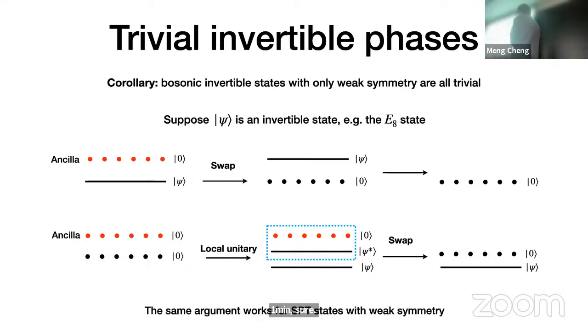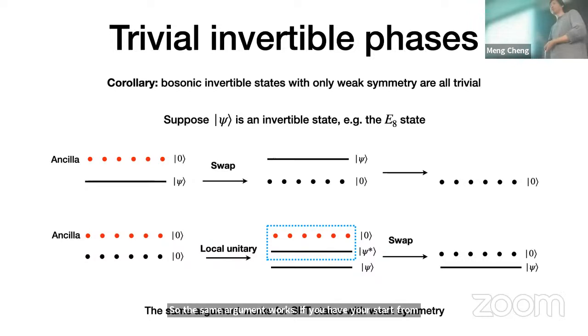So the same argument works if you start from some pure state with weak symmetry, because for a ground state we don't really need to distinguish weak and strong. But once it's made into a weak symmetry, then you can swap it into the environment. You always swap into the environment or create it from the environment this way. So the same argument works for any SPT with weak symmetry, any invertible state with a weak symmetry. So if you only have weak symmetry or no symmetry, then there's nothing interesting going on. Basically, that's the conclusion. This was discussed in this paper by Roach and Chong. All right. So we need some strong symmetry.